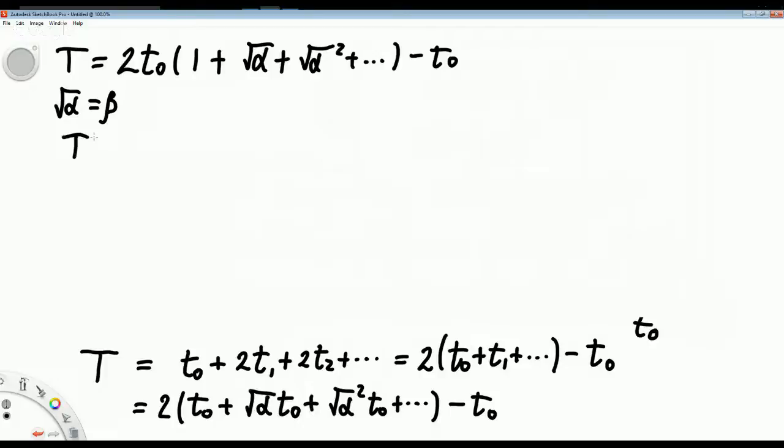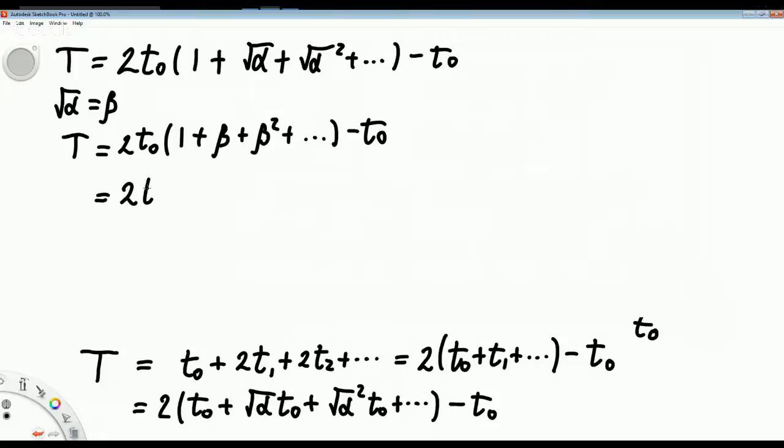So we have just t equals 2 t0 into 1 plus beta squared plus dot dot dot minus t0. So we got the exact same problem as we had before, and we can just lift up the solution from there. And we now know that this is equal to 2t naught times 1 over 1 minus beta